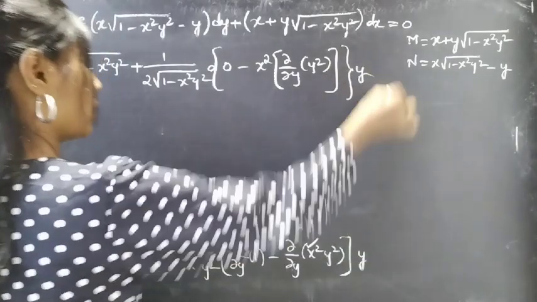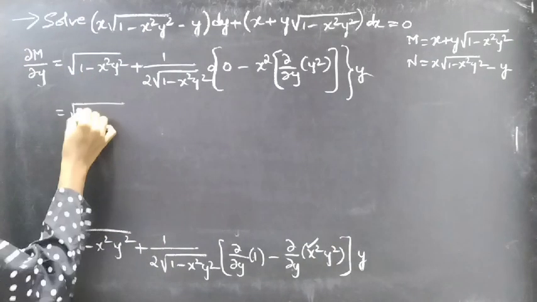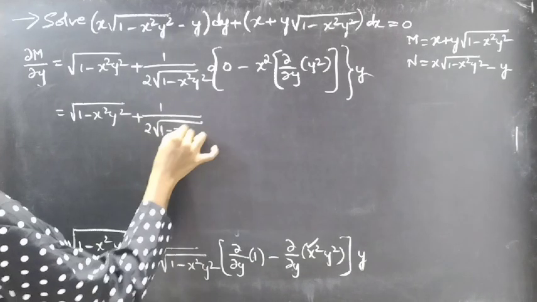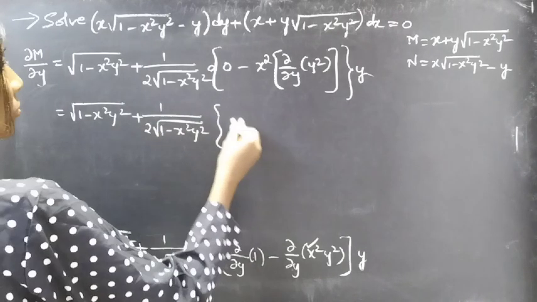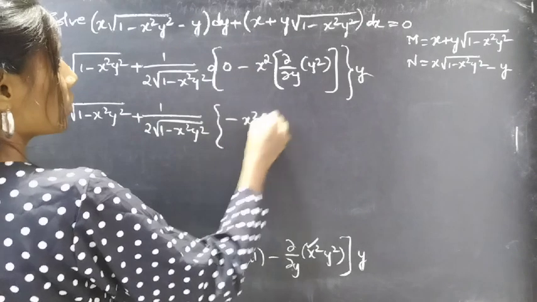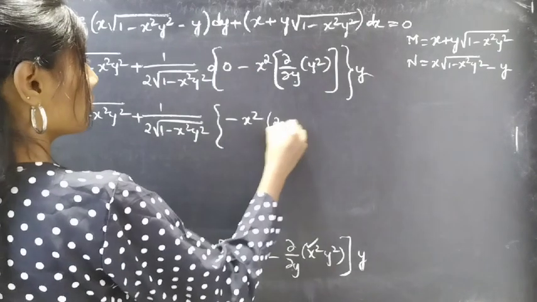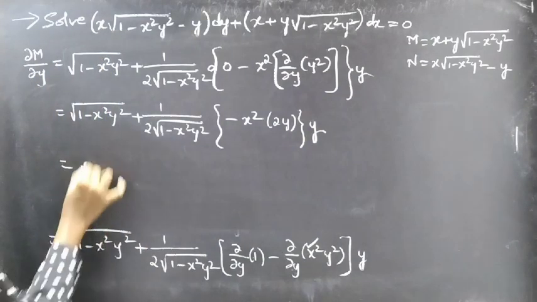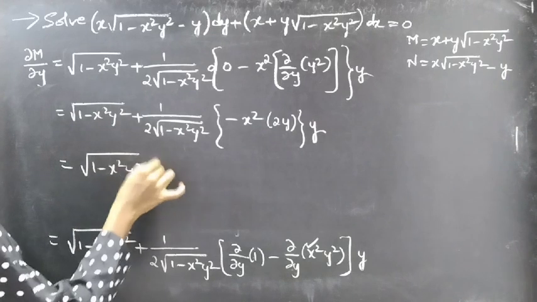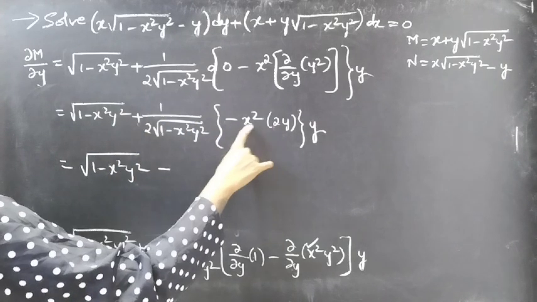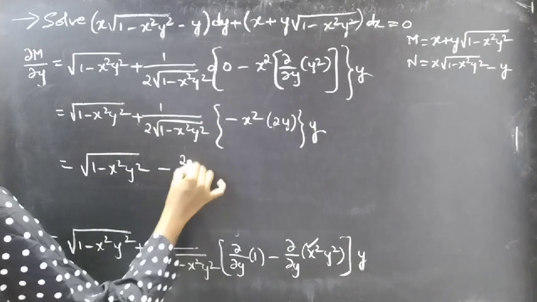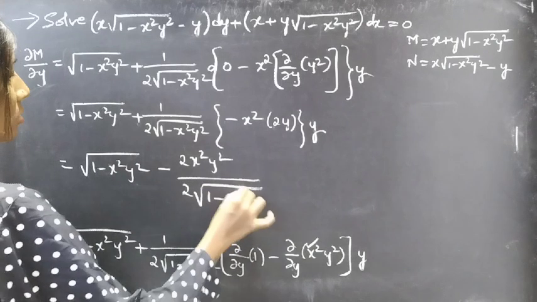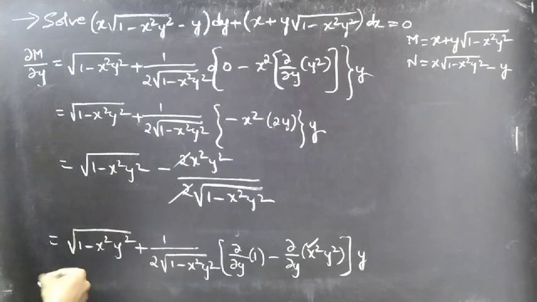Into y. This gives us square root of 1 minus x square y square plus 1 by 2 root 1 minus x square y square into minus x square into derivative of y square with respect to y, which is 2y, into y. Right? This gives us square root of 1 minus x square y square plus into minus 2x square y into y square, that is 2x square y square by 2 root 1 minus x square y square. Here 2 gets cancelled and you'll get